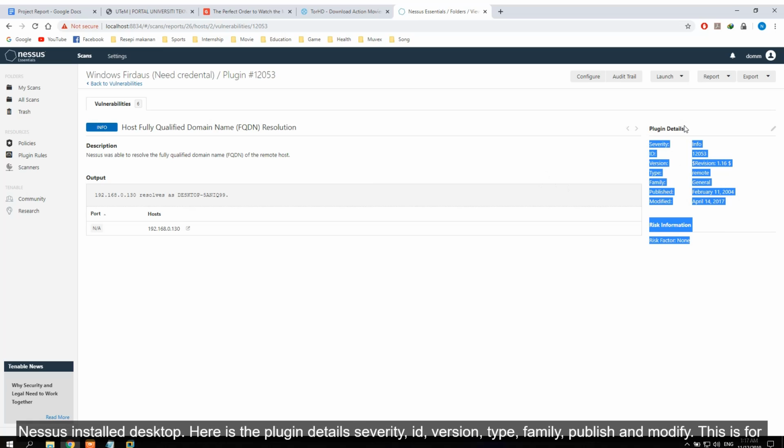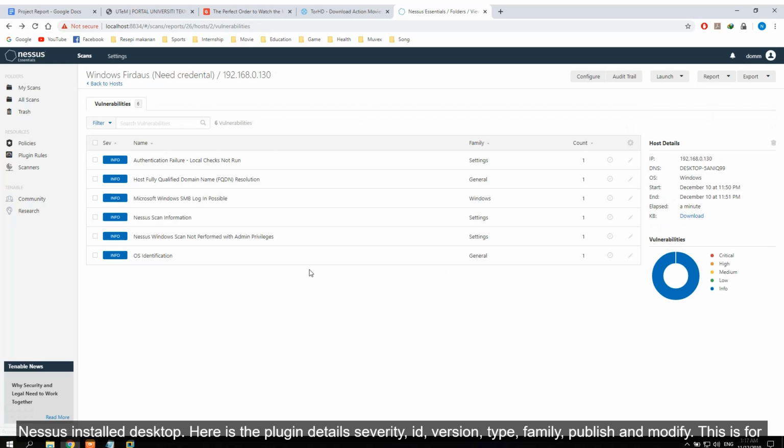Also, this is the plugin detail. You can see the severity, ID, version, type, family, published, and modified. This is for vulnerability scanning. If malware is detected, then it should display on this dashboard. And also